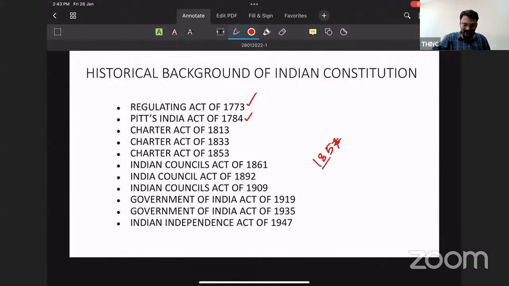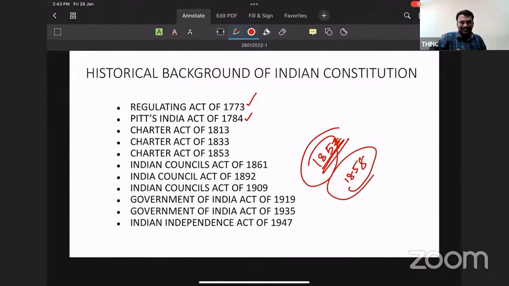Okay, 1857. So that happened. So 1858, the Government of India Act came for the first time. After that, a lot of acts like the Council Acts came, and then Government of India Acts came, and at the end, we got independence by the Indian Independence Act, and then we formed the parliament and all